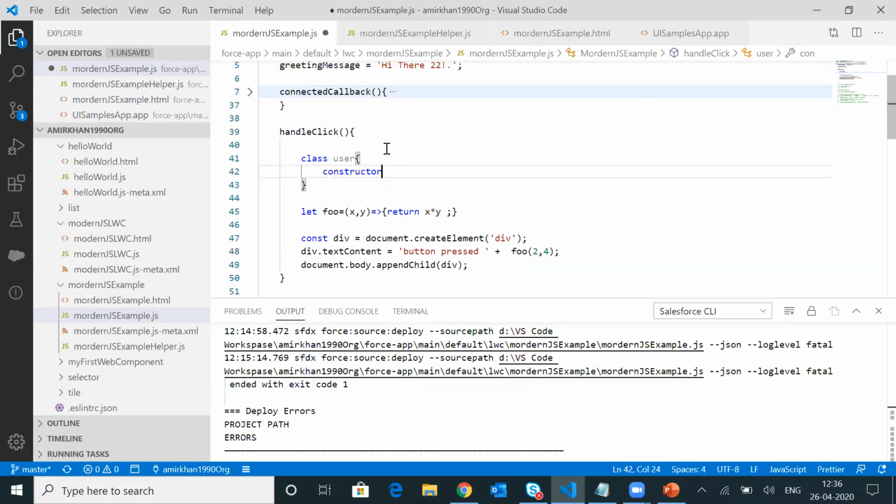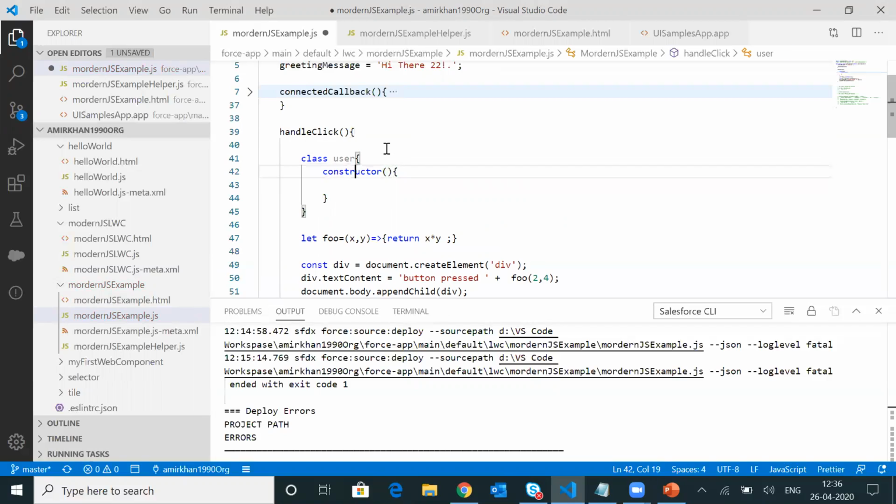Let's say we have the constructor, and with the constructor we will be passing two properties, name and age. Within this constructor you have to assign this name and age to this reference of the class.